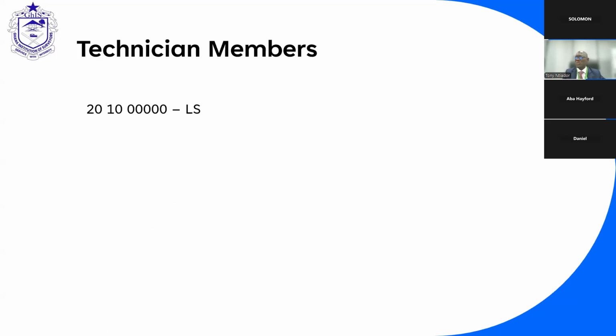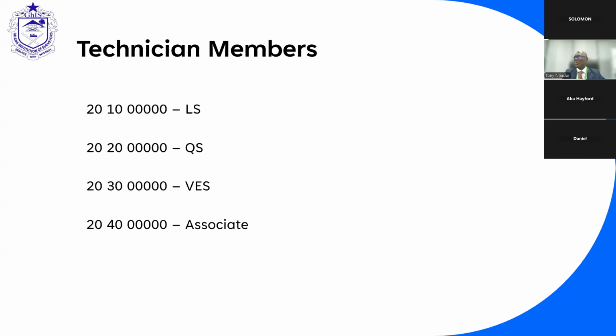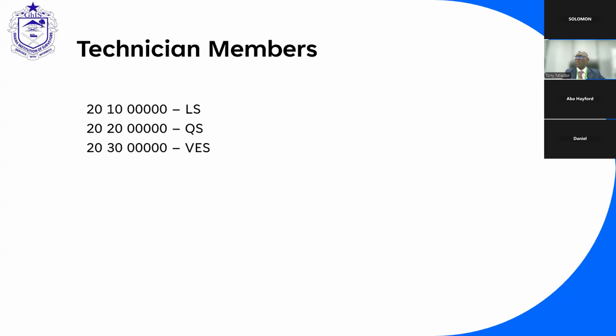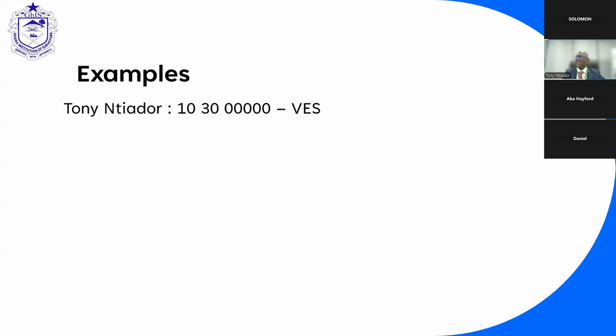It will start with 20, then the division will be 10 plus the diploma number as we know it currently. So same for GhIS, same for VS, and same for associates. In this particular case, VS and GhIS and technicians will be 1020, and the numbers will follow in that order. In simple terms, my number would be 1030, and in this 5-digit slot, it will be